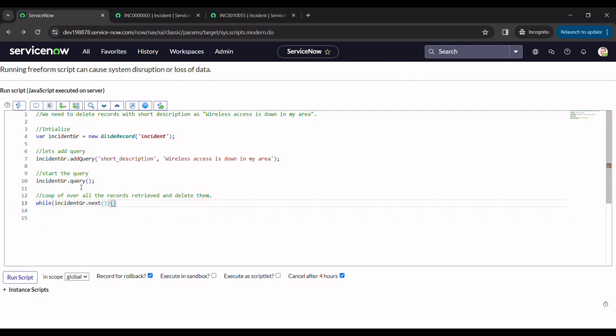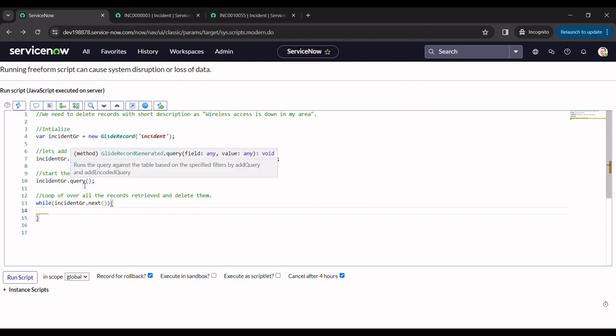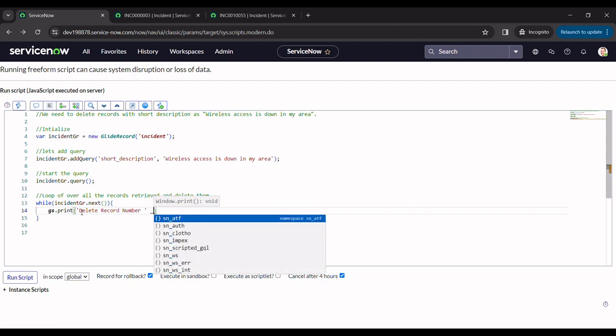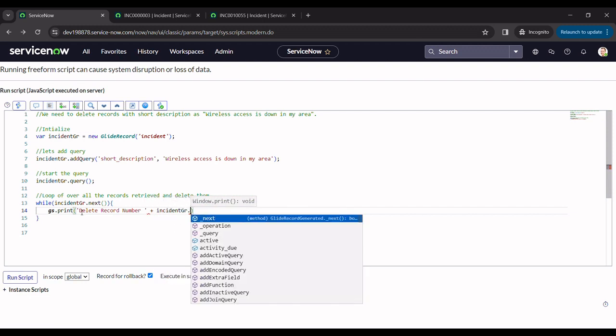So yeah, while incident gr dot next. And then what we are going to do is, one of the best practices is that before deleting any record permanently from the ServiceNow table, it's always recommended to print the record that you're going to delete before deleting it. So what I'm going to do is gs.print delete record number. I'm going to print the record number before deleting it. So incident gr dot